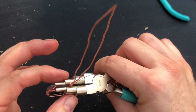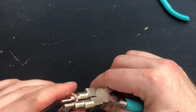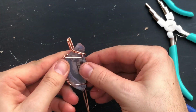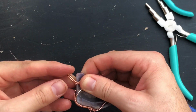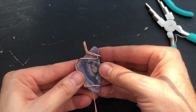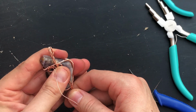And I'm gonna go with the third size up and wrap it around like so, and try and keep it like so, where it's hanging this direction. And on the back here,